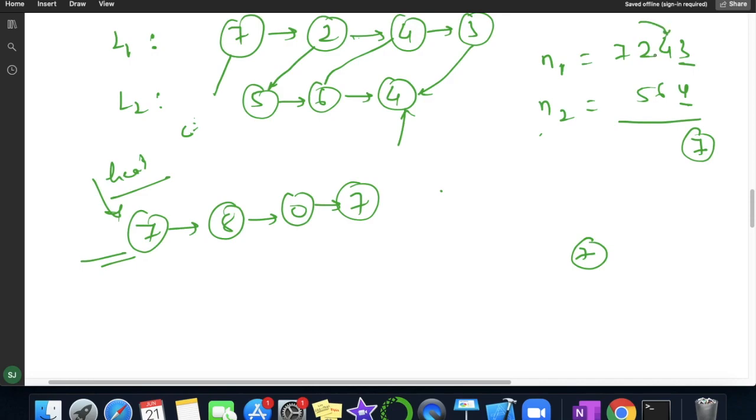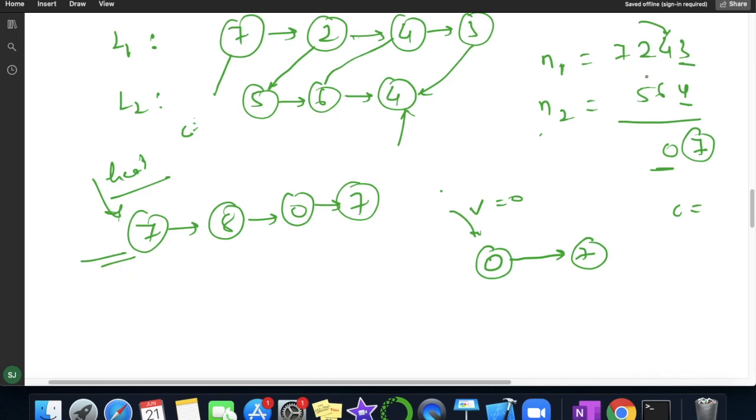Next I have to add this 4 and 6. After adding 4 and 6, I will get the value 10. Again we will apply the formula. I will simply calculate the value and the carry, and we have to pass the value to the new node. Suppose we have created a new node and passed the value. V is how much? Here I will get V as 0. I will explain how to calculate this V and C. Suppose I am passing 0 here, so my new node will have value 0. I will connect this new node with the previous one. Now my carry is 1.